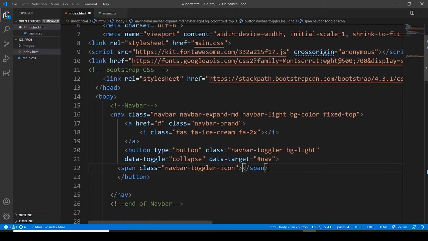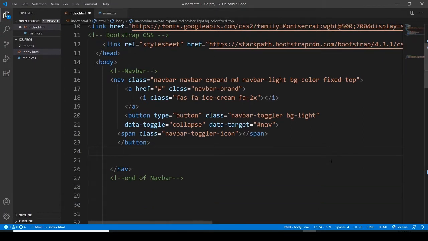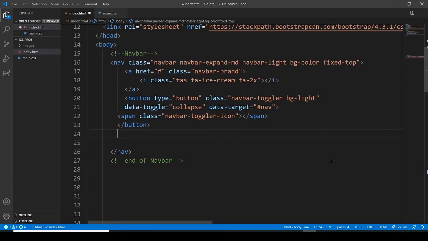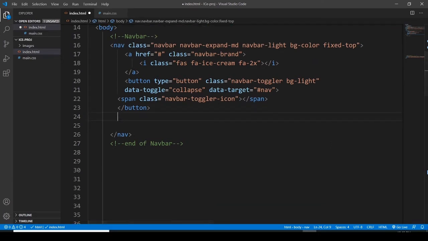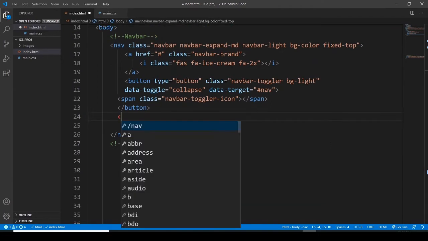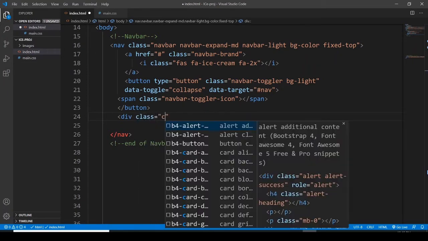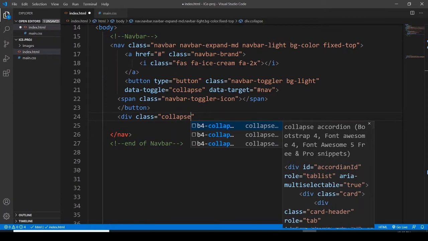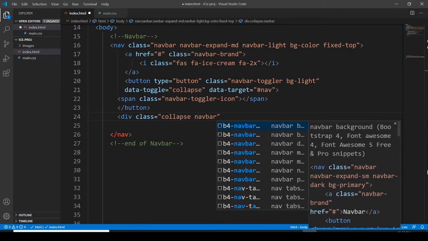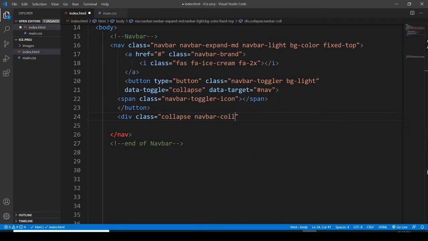Let me bring it in the middle of the screen. Okay. Then after this button, I want to go with a div, assigning it a class of collapse navbar. When we click on it, the navbar collapses, and it's going to show us the menu. So collapse, and then I just want to say justify content between,